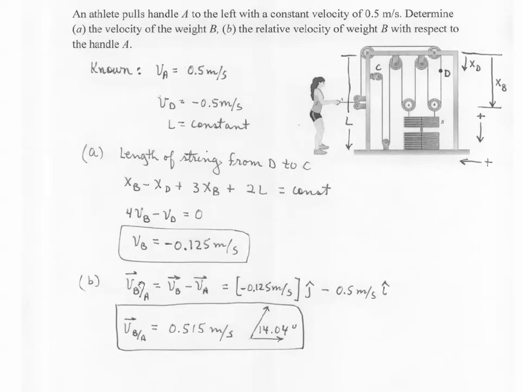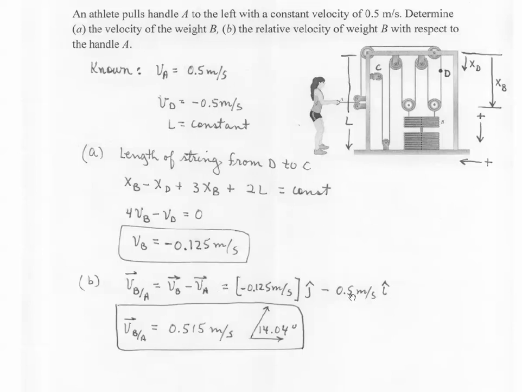Now to do the velocity of B with respect to A, you need to write out the vector of velocity B minus the velocity of A, since they're in different directions. And so what we have for the velocity of B was a negative 1.25 meters per second j. So in other words, it is moving upward, but that's the opposite of our positive j direction. And then you've got a minus sign, and then v sub A is a positive 0.5 meters per second times